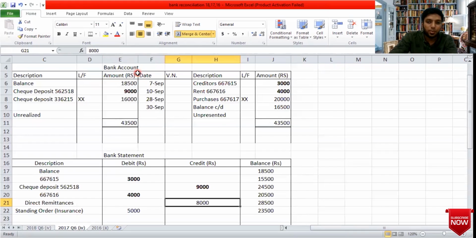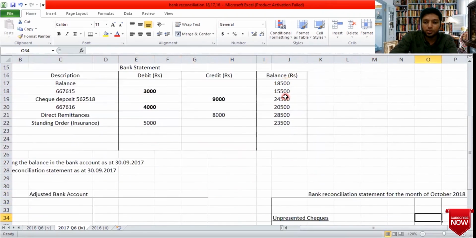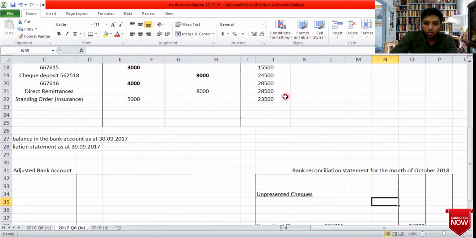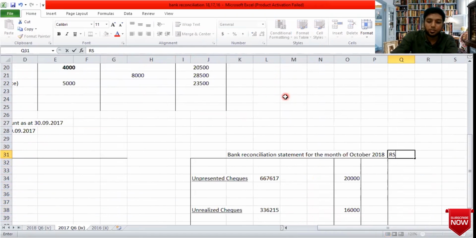Okay, so you remember the basic rule. Now this is the 20,000, which was not there on the debit side. So I'm going to take it as unpresented. As I said, don't write here; for your knowledge, I wrote here. So this is unpresented 20,000, 66761. 20,000 is the amount, right? So I have written it correctly. You can write here it's rupees,